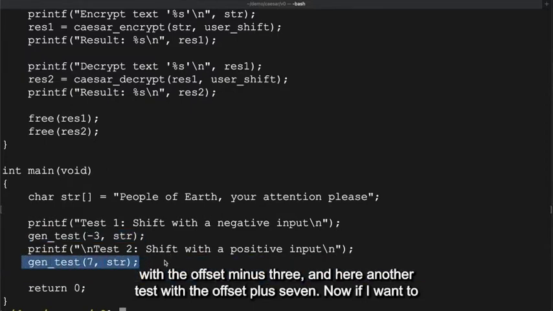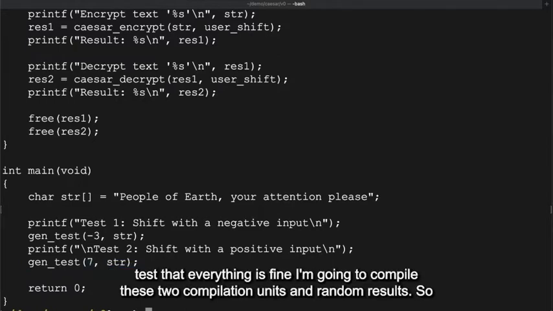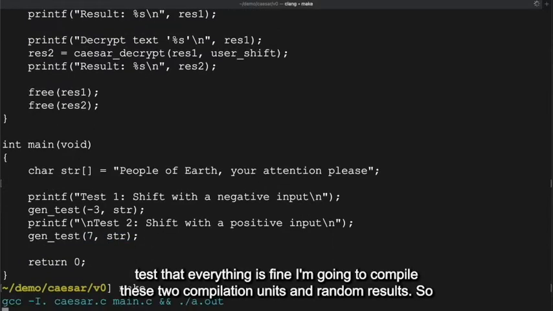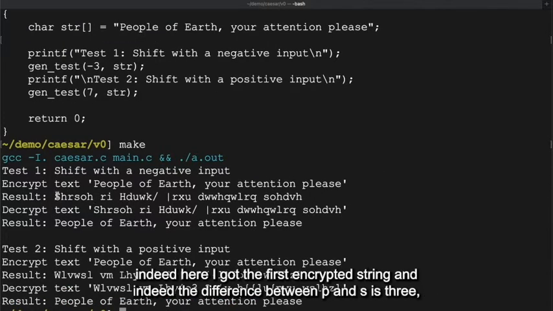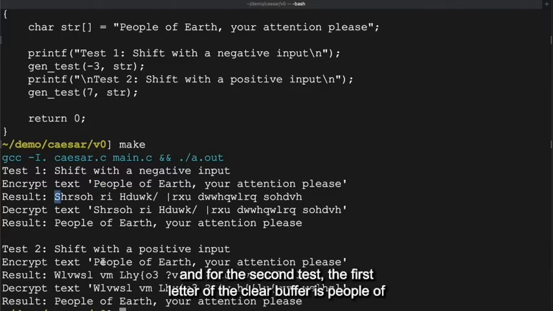Okay, so now if I want to test that everything is fine, I'm going to compile those two compilation units and run the results. So indeed, here I got the first encrypted string, and indeed the difference between P and S is 3. And for the second test, the first letter of the clear buffer is P, and the